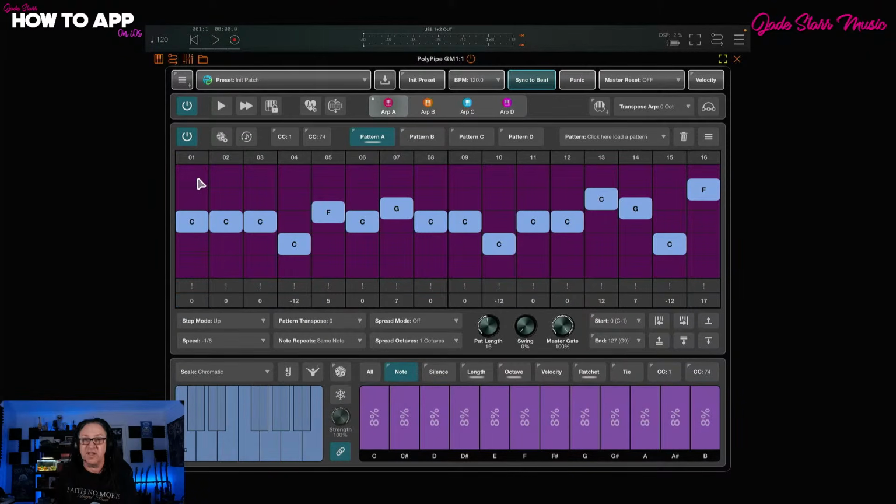I want to talk about velocities now. So you can actually change the velocity of each line. How do you do it? Click anywhere away from the button. If I tap, now I can drag up and down, and this will change the velocity of this particular note. And if I drag across, I can draw in a velocity. So you should be able to see that velocity. Now when I play,